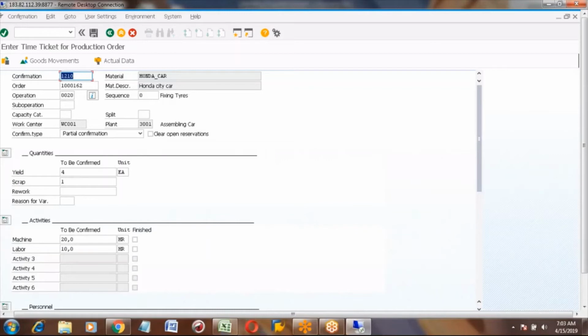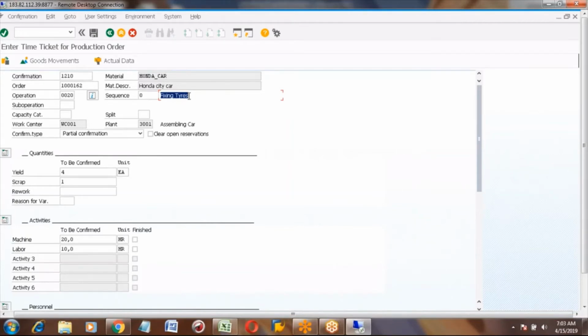I'm sorry, but for operation 20, it was fixing the tire, not the quality check. We are not talking about quality. We are talking about the tires now, right? While fixing the tire, you found one car got wasted. Yes, during fixing the car, you found one car is wasted.